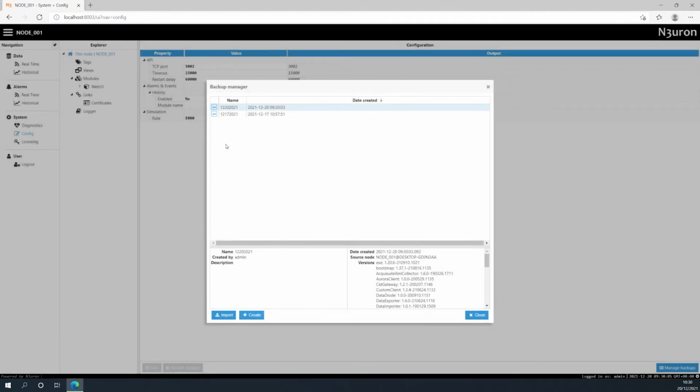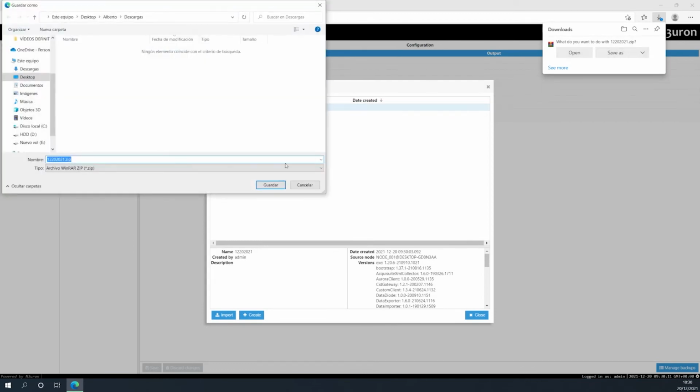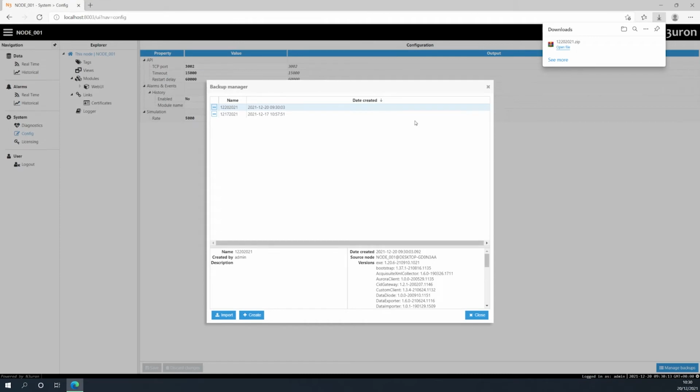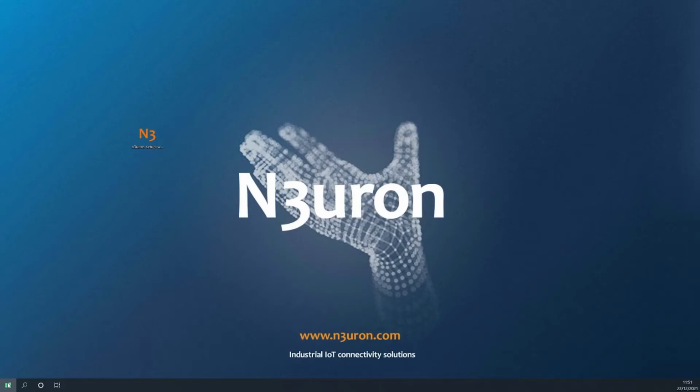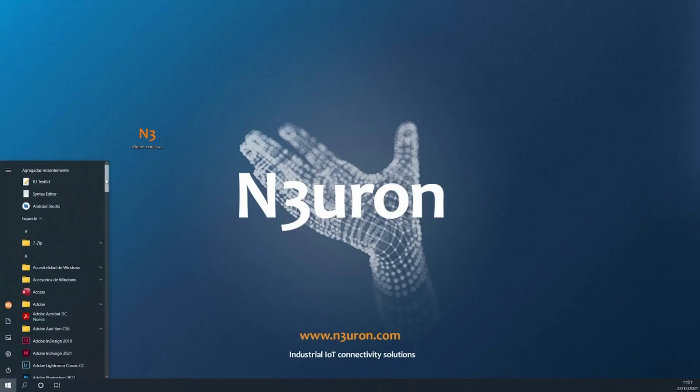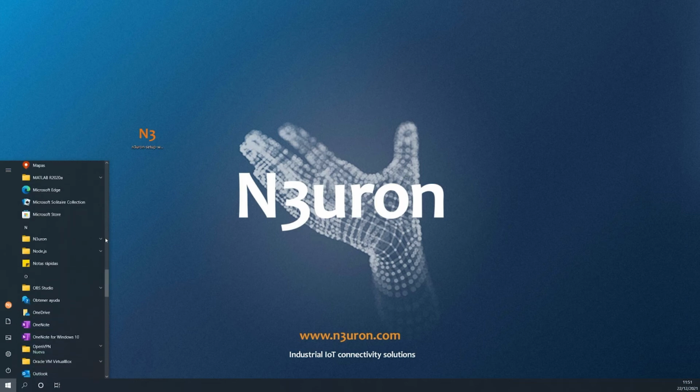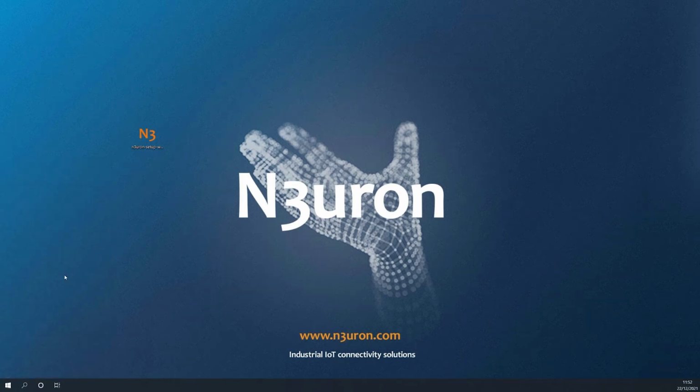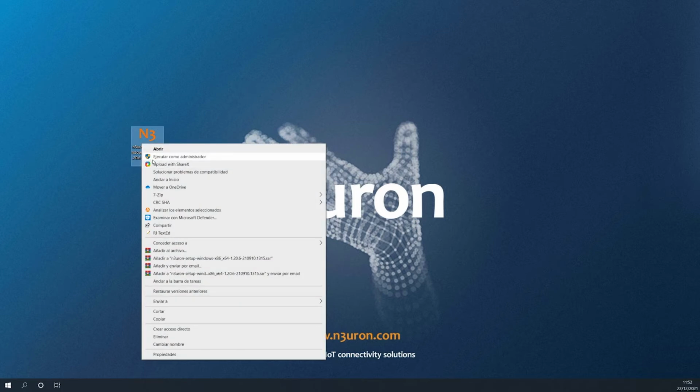Now, we click on the three dots button next to the previously saved backup file name, and select the Export option from the drop-down menu. Next, I select the location, and that's it. The backup file is finally saved. At this point, we stop the Neuron service. Now, let's right-click on the Neuron setup file, and select the option Run as Administrator, to ensure that Neuron runs